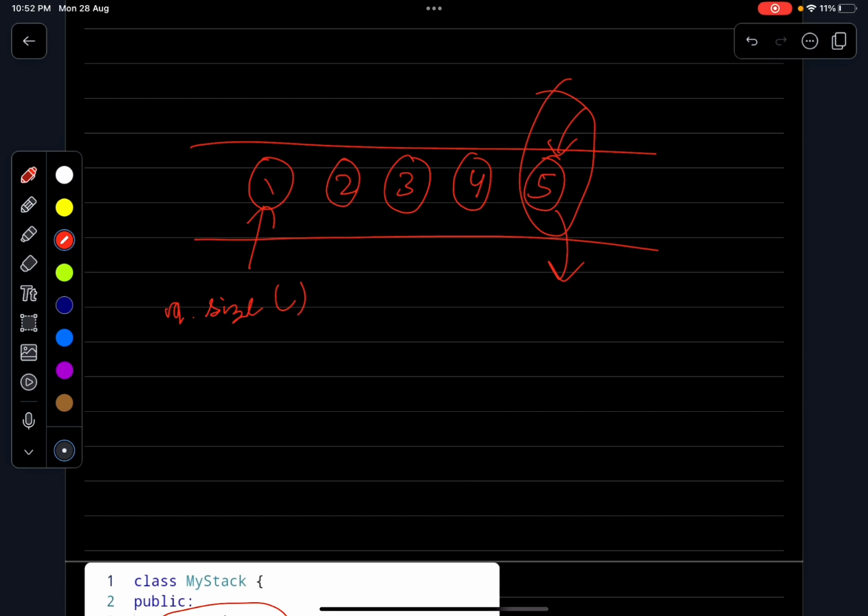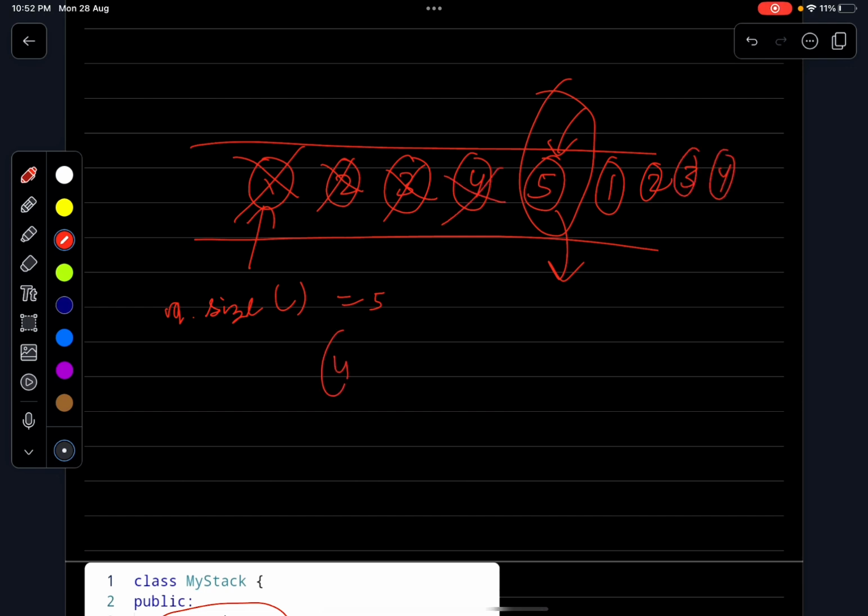Now the size of the queue is equal to 5. I will pop 4 elements, which is queue dot size minus 1. I will pop those elements from the front and push them at the back of the queue like this. I pop out 1, push it at the back. I pop out 2, push it at the back. I pop out 3, I push it at the back. I pop out 4 and push it at the back. So I am doing this 4 times, which is queue dot size minus 1. And at the end I will have the last element of the queue as my front element.